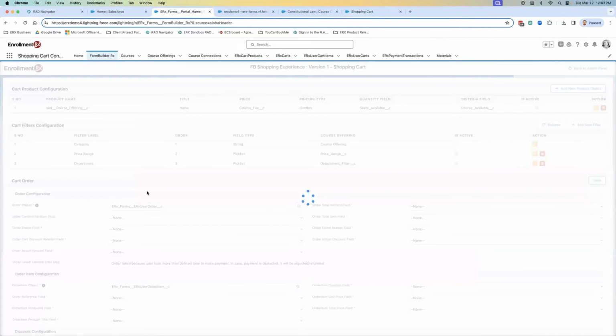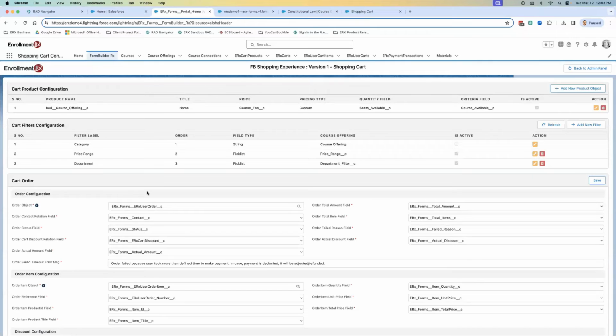And when I click configure, this is where you're now able to view and set up all of the configurations related to the cart itself. So I'm going to go through this one step at a time. The first thing we're going to look at is an area referred to as Cart Builder, right? So right here under cart product configuration, I have the ability to add a new product object, but for now, I'm going to use the existing one